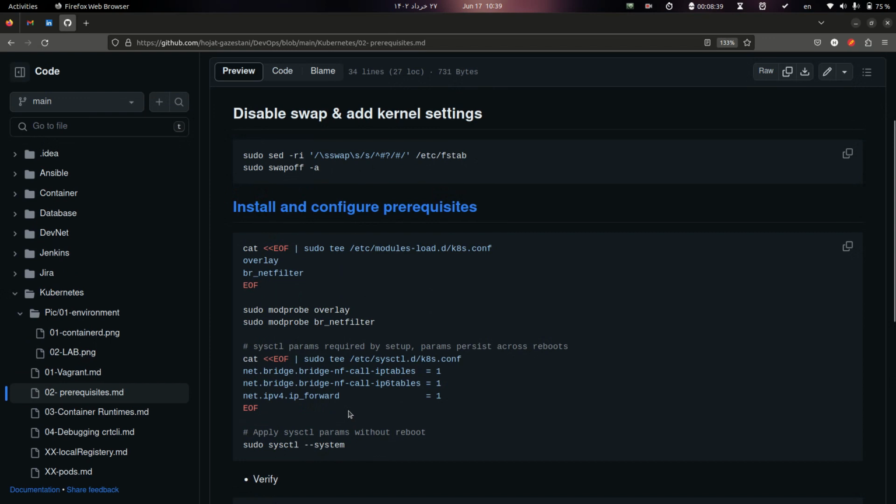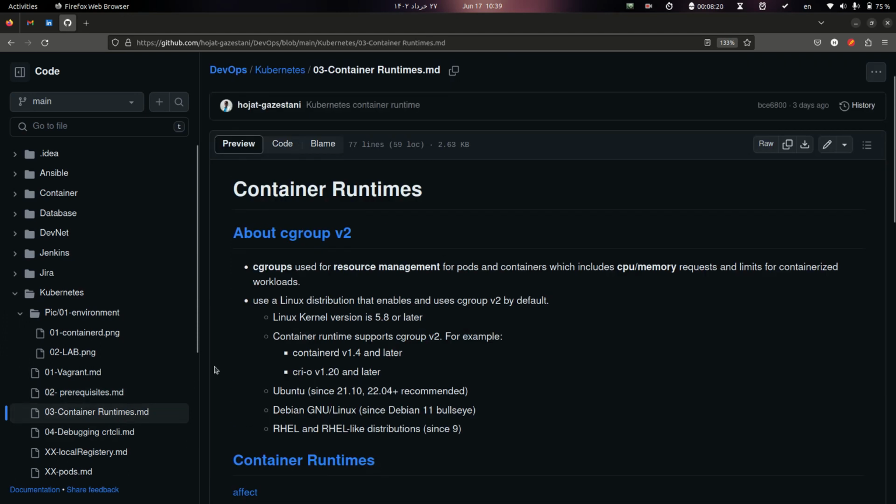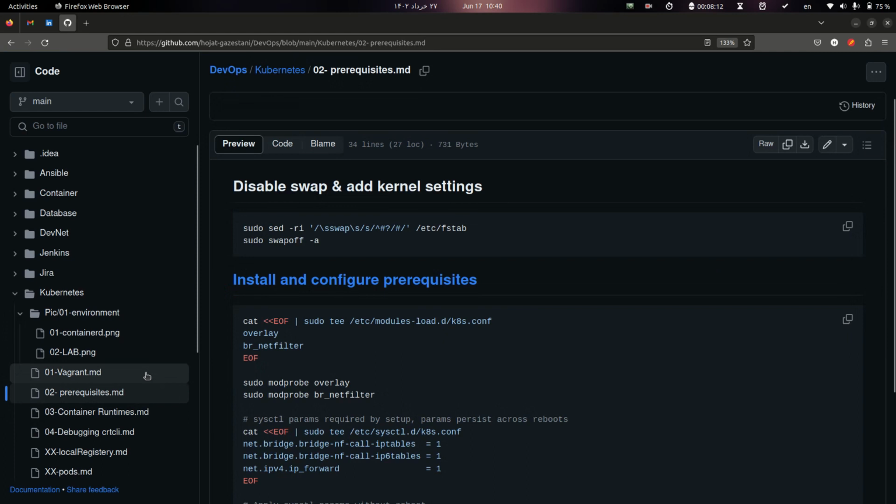You can use Ansible to do this configuration, but I will do it manually because it makes more clear for you. And in next step, I will continue installing containerd on all hosts. Okay,